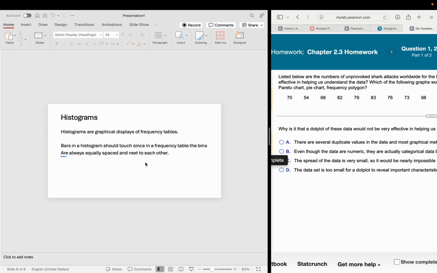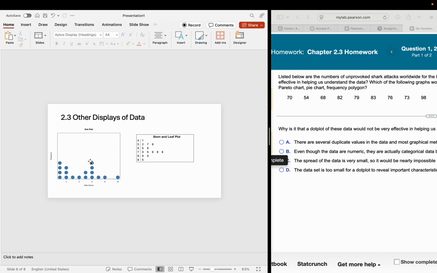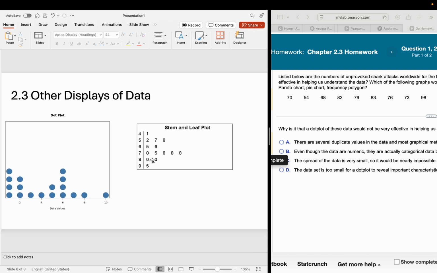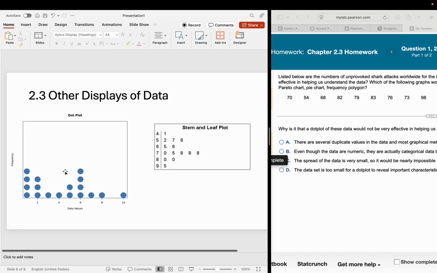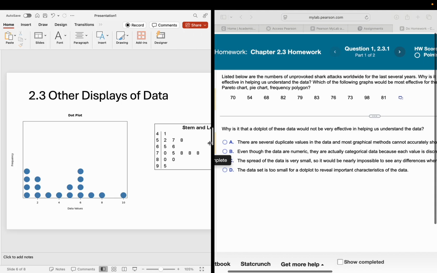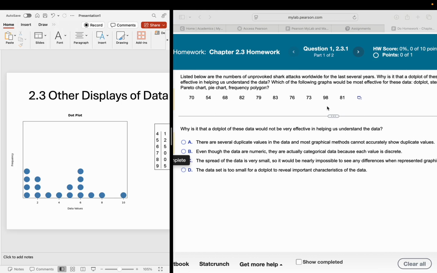First, these two are not the same data, just to say that these are just the two that we're going to look at here. I want to show you what a dot plot is. Number one, a dot plot should kind of remind you of a histogram, if you think about that. It's just there's going to be a dot for each one of those numerical values. So here's one data value is 4, two data values are 5, four data values are 6, so on and so forth. And so if I look at this data and I think about the number line,